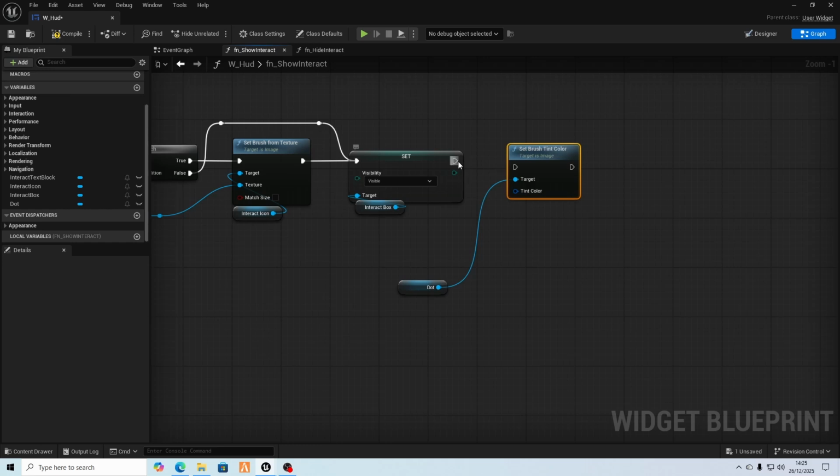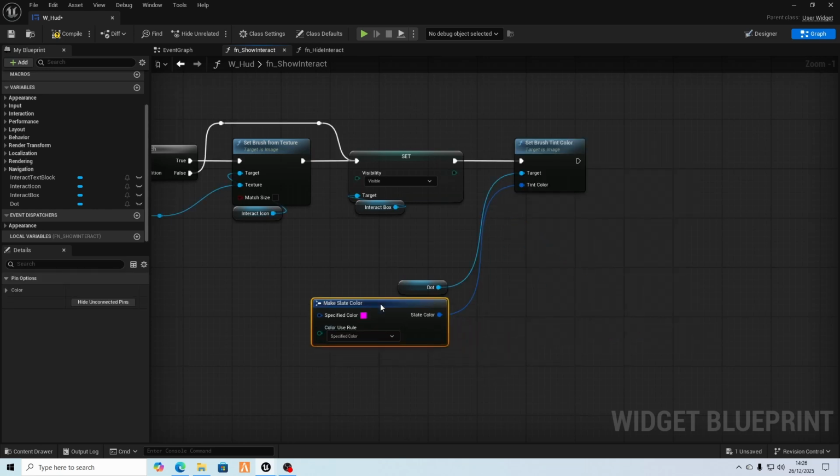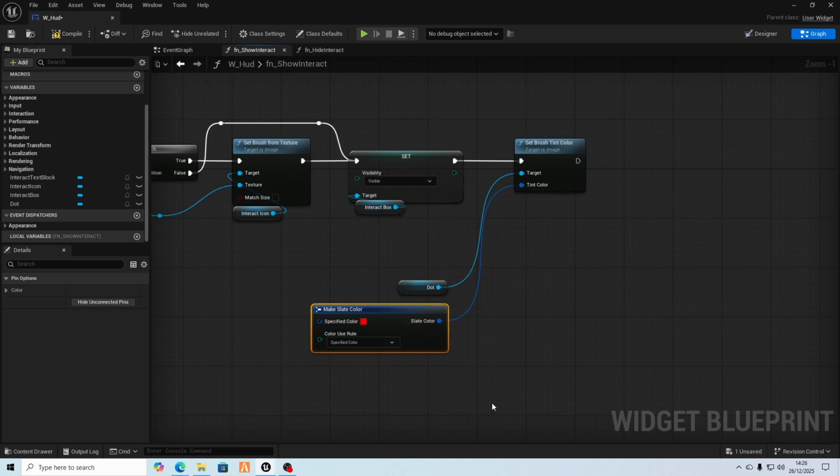Should we try this? Okay, and the tint color we need to drag out and probably make a slate color, maybe specified color, and we've got the red. Let's drop the blue. We got red. Okay,